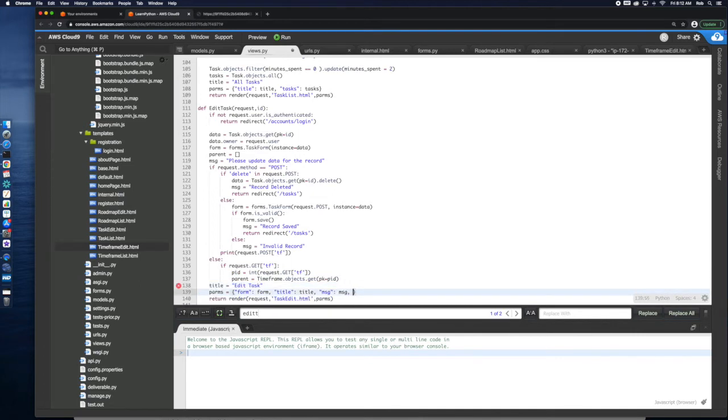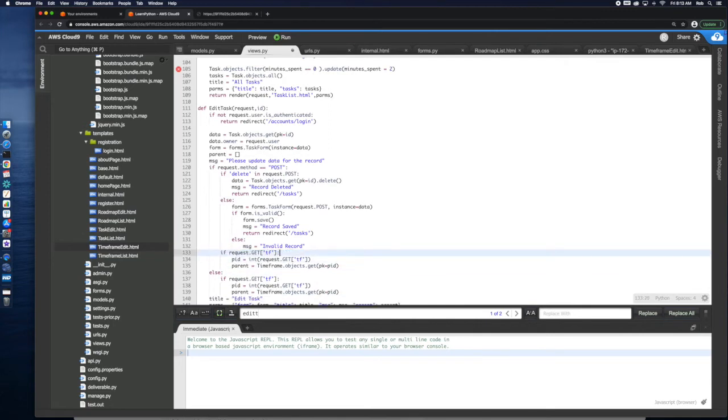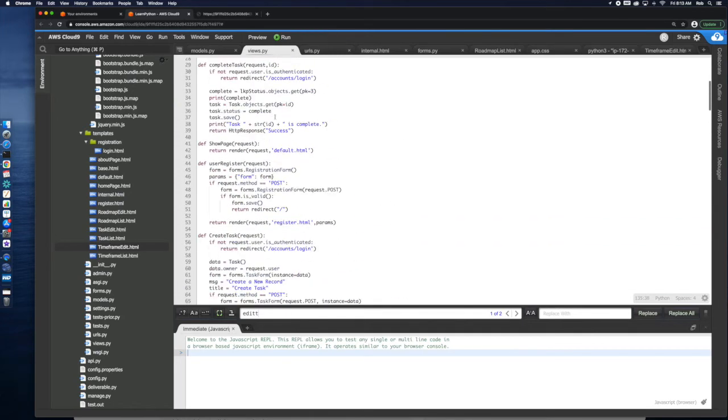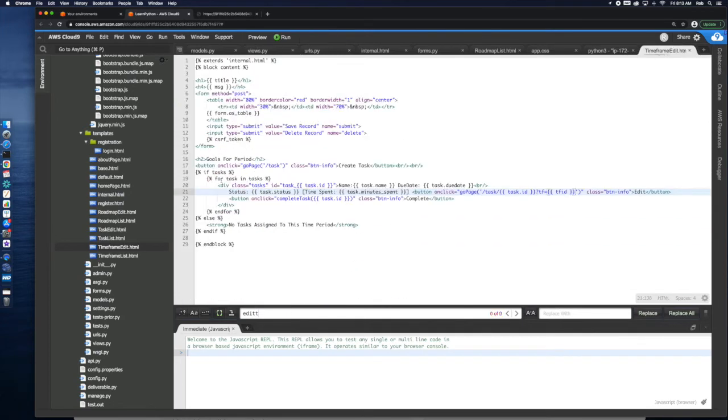Params, so we're going to add a parent. And that's going to be equal to parent, which may be a null. Oops, I don't need that. Which may be a null, or it may be a value. Not going to play with the post yet, because we may be able to deal with that later. But we'll leave it for now. So that gives us a parent. So that means now that we can address the parent within the timeframe editor.